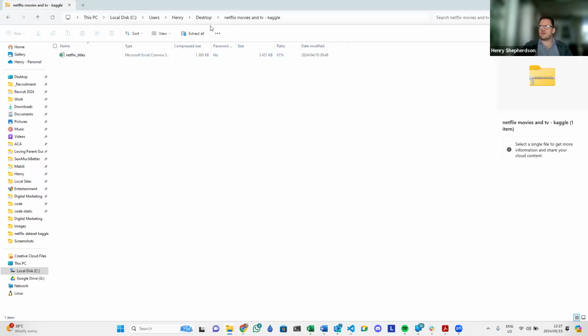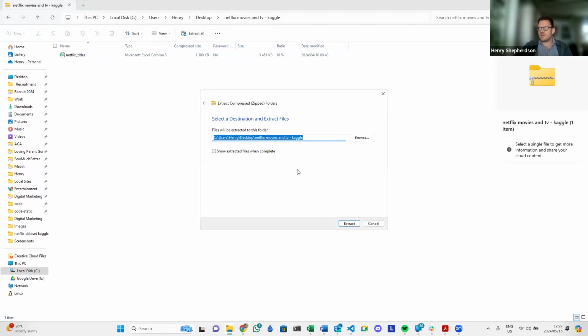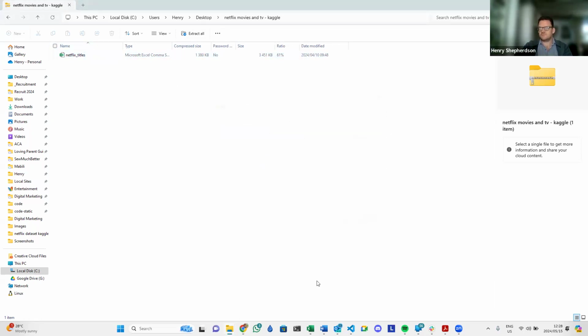All right, so I downloaded it and I just double clicked on the file, and the option I've got here, because it's downloaded as a zip file, is to click here, extract all, and then I can put that onto my desktop as well, no problem. Okay, so what it's extracting for me is the CSV file. All right, so once that is done,